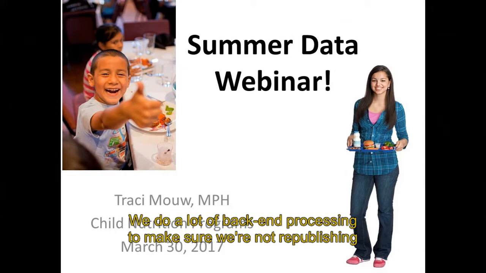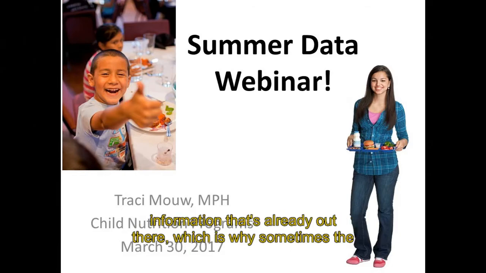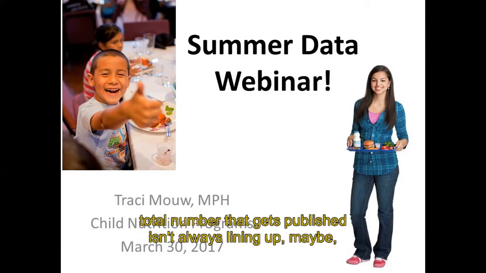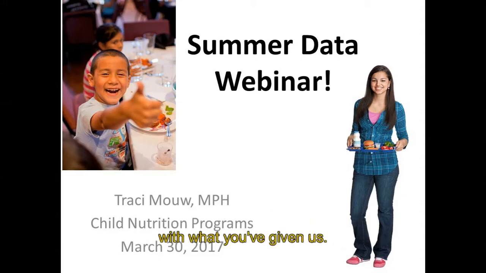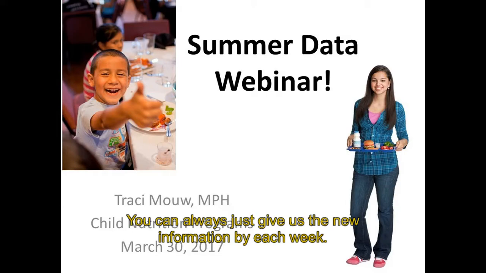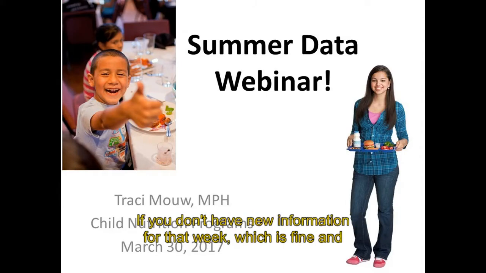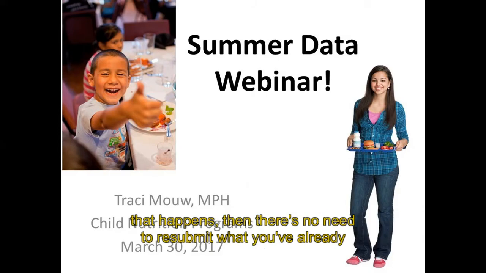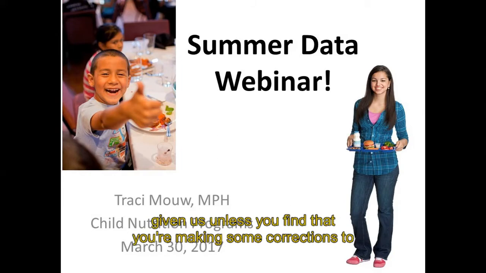We do a lot of back-end processing to make sure we're not republishing information that's already out there, which is why sometimes the total number that gets published isn't always lining up with what you've given us. You can always just give us the new information each week. If you don't have new information for that week, which is fine and that happens, then there's no need to resubmit what you've already given us, unless you find that you're making some corrections to some of that information and